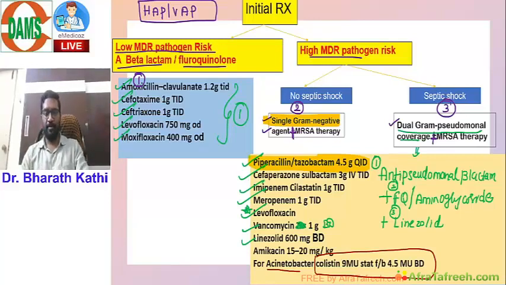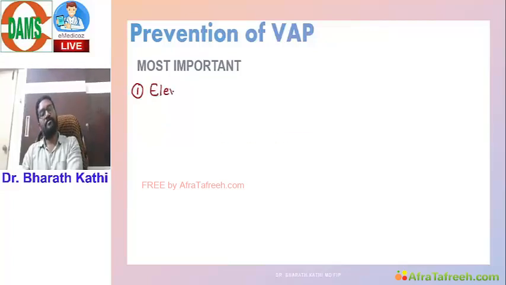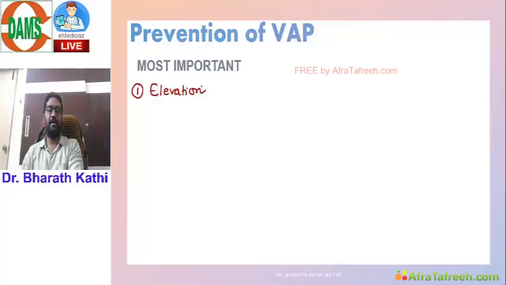Then coming to a very brief topic. Students will ask me, sir, what is meant by non-resolving pneumonia? But before that, prevention of ventilator associated pneumonia. What are the methods to prevent ventilator associated pneumonia? First just write down, then I'll discuss. These are the most important ones, with a high level of evidence. Many studies have shown that the evidence for these methods is very high. Elevation of head of bed